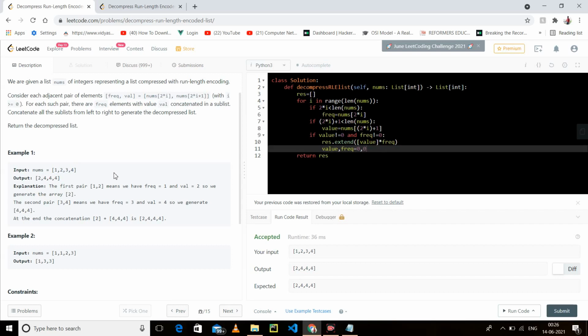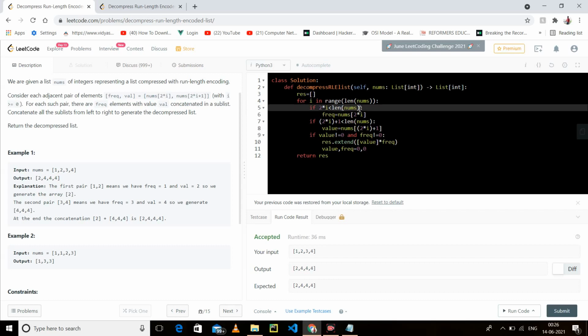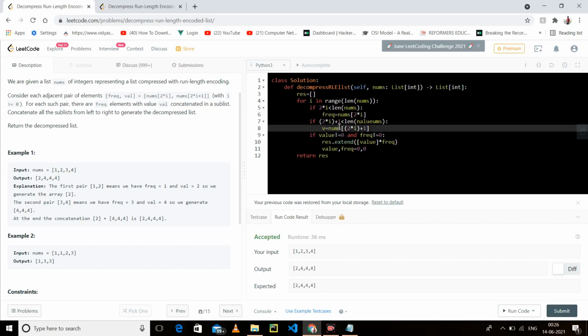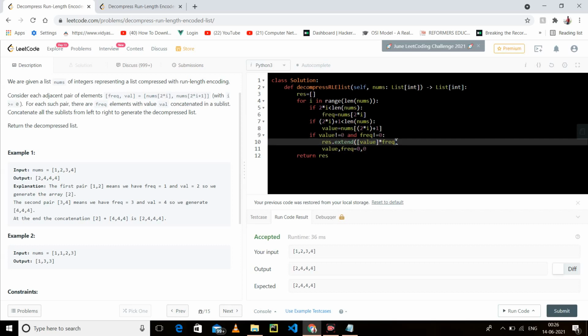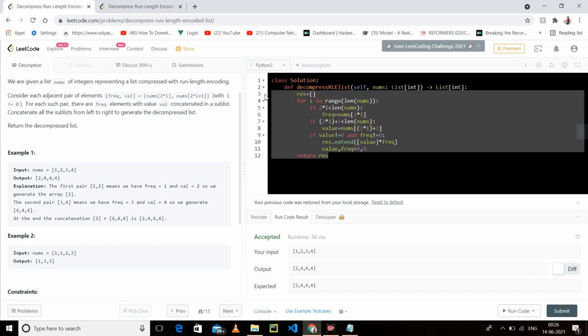When it goes for the second iteration, for the second index, then 2 into 1 means it becomes 4. Is it less than the length of nums? No. Is it less than 5? No. So it will say that the frequency is 0, because we have reset our value. So it will show, okay, it is also wrong, we cannot insert. This is the first way.